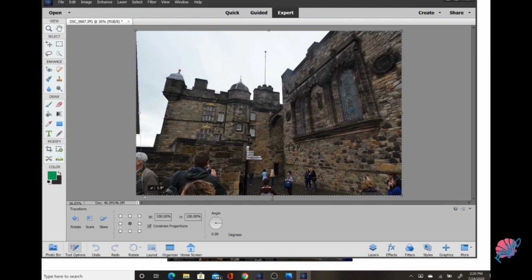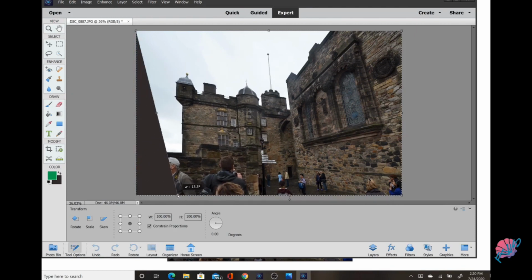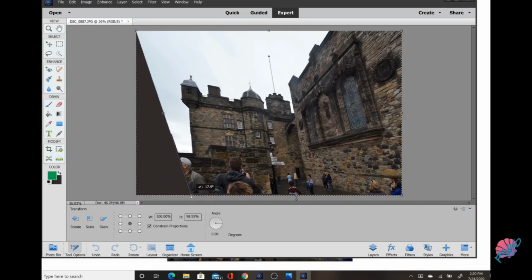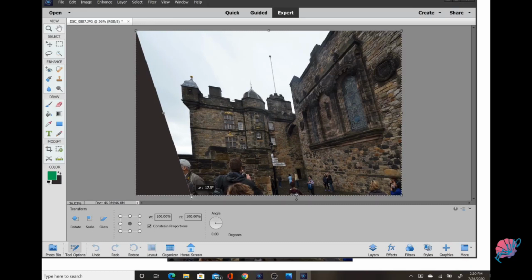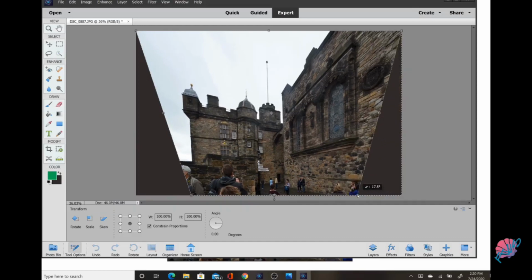So the first thing I'm going to do is grab the bottom of this picture and start moving it in. And as you see, as I move it in, the line gets straighter and straighter. But what also is happening is I'm getting a crazy looking picture. Those are things that, because of all this space, you will continue to modify as you move forward. I'm going to pull in this side as well to try to straighten up this edge